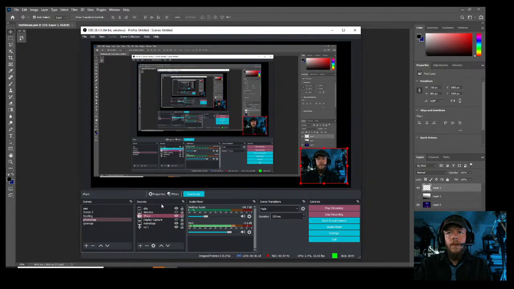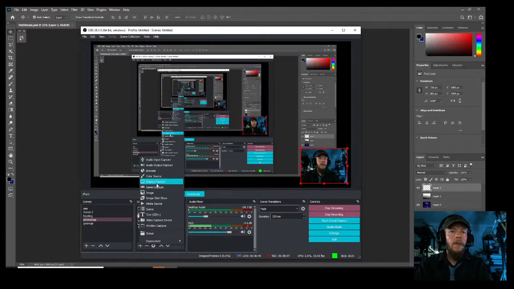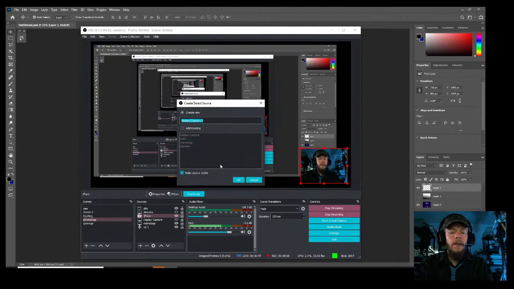multiple of the same ones, you can add display captures of the same thing. Like for YouTube, you know how Twitch has the chat. I'm sure you could probably get it through Streamlabs for YouTube too if you wanted to display your chat. But I'm going to go ahead and bring in here my background videos, which I'll go to display capture. I'm going to call this digital sketchbook, and I'll show you here how you can have